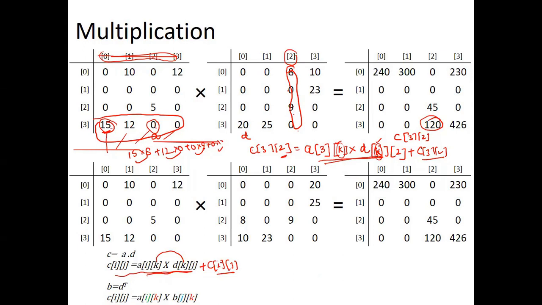Now for triplet sparse matrix multiplication, the methodology says take the first matrix A as it is, and multiply it with the transpose of the second matrix. The second matrix, you take its transpose. How do we take the transpose? The rows swap to columns. Take the transpose so that your calculations become somewhat easier. How it becomes easier, I will tell you.